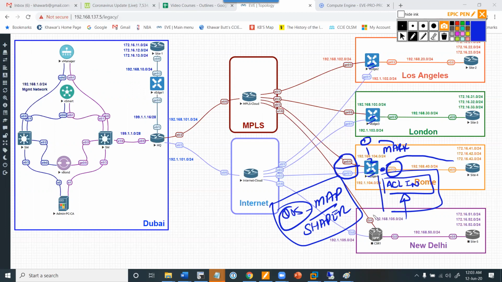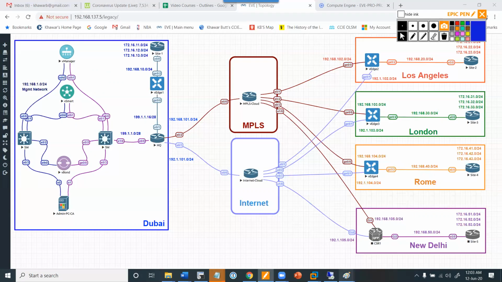So that's what I did over here. I created the ACL at this point. Once the ACL is created, now what am I going to do? I'm going to apply it now. So before I do the next step, I needed to make sure my